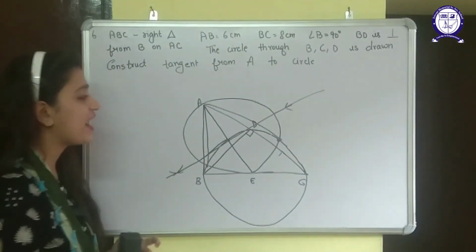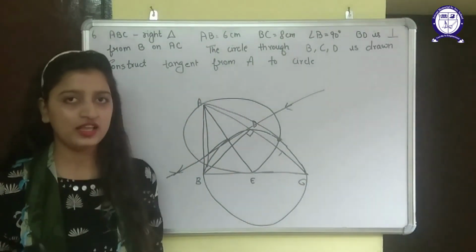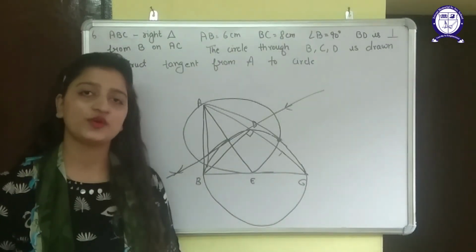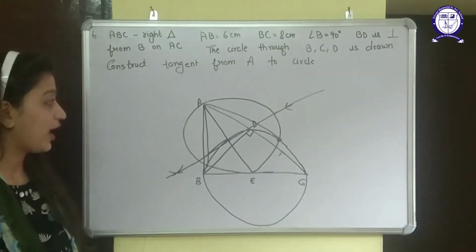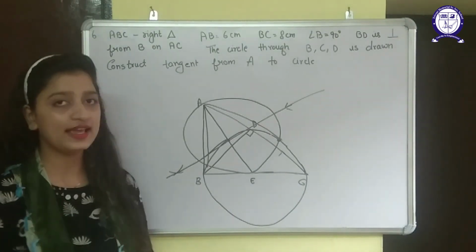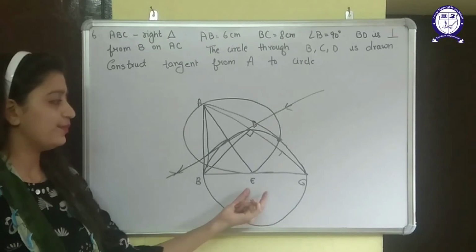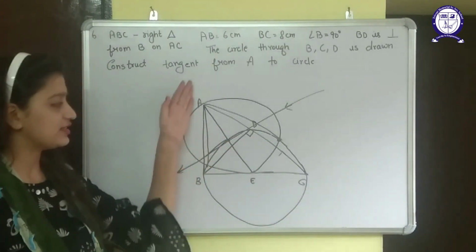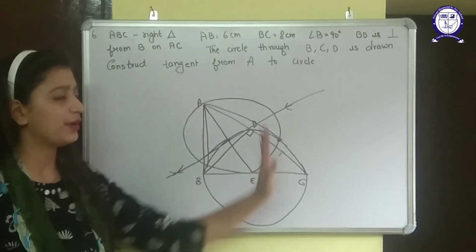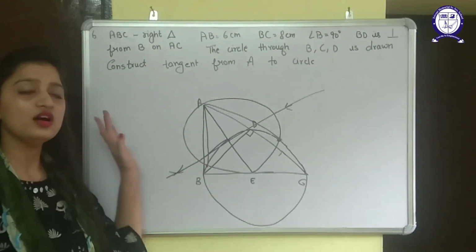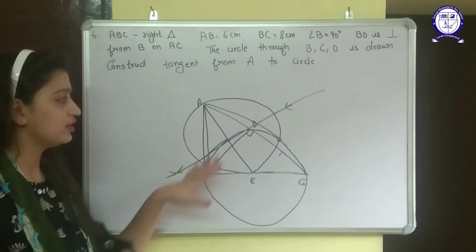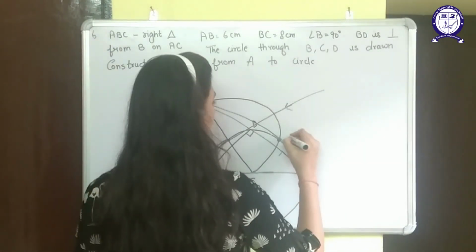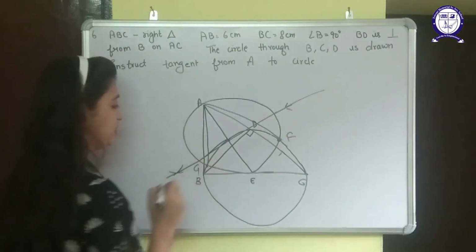I can see that the figure is very confusing, but the question is like this only and you need to do the question with this procedure only. Make a triangle, then with BC make the circle, and then the remaining part is the same. Join AE, draw the perpendicular bisector, and then draw the circle, and the required tangents will be here. The names can be F and G.